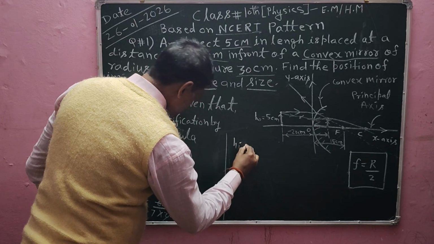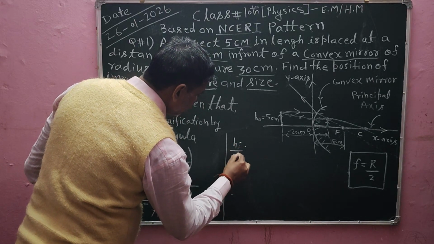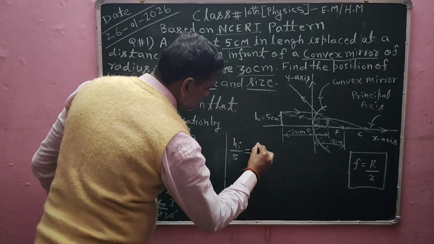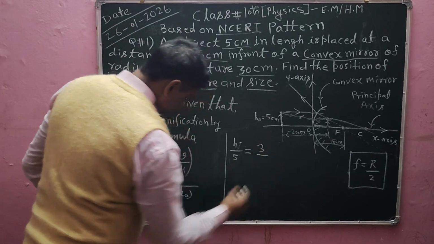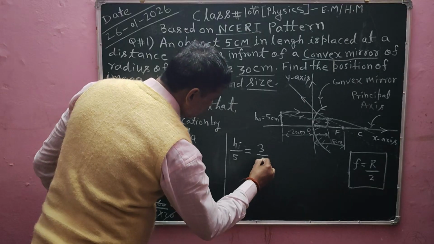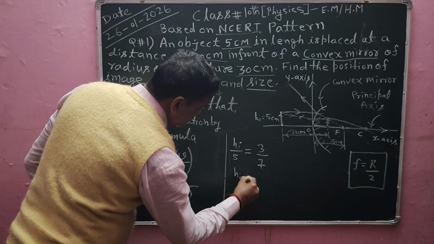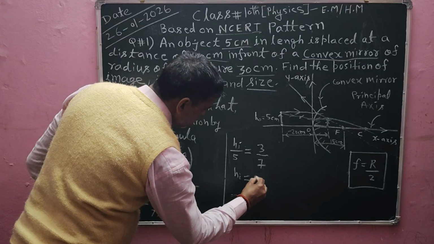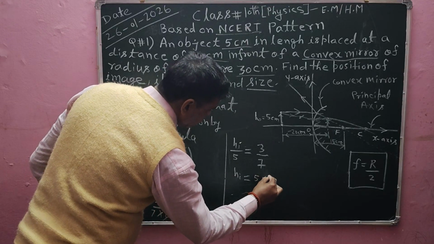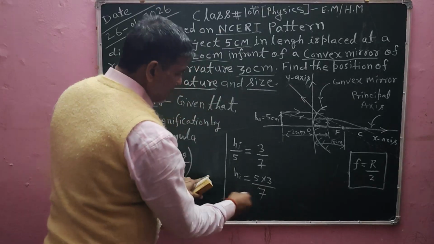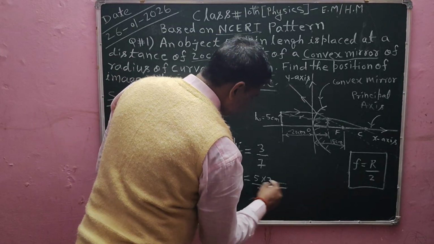So here I will write HI divided by 5 which is equal to, on numerator is 3 and on denominator is 7. I will do cross multiplication here. HI which is equal to 5 into 3 divided by 7. I will write here 5 3 just